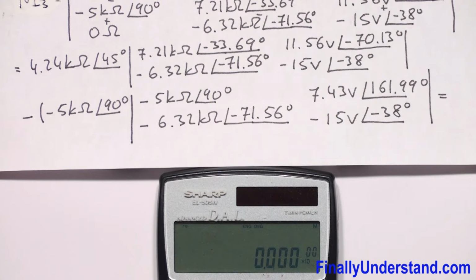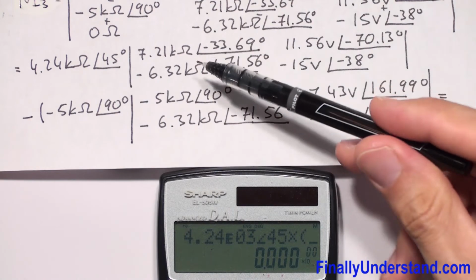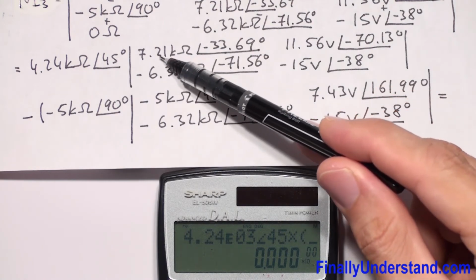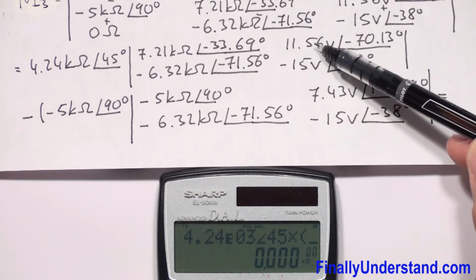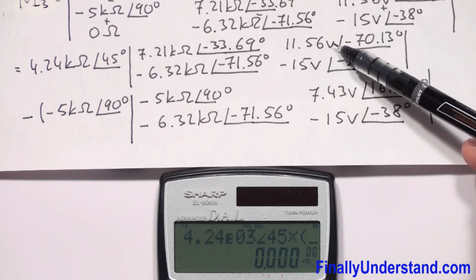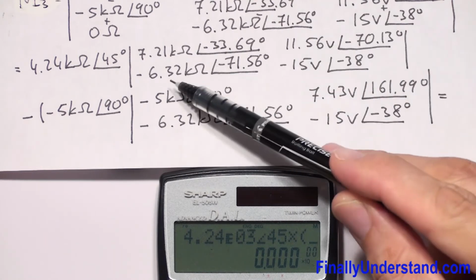So I have 4.24 exponent 3 and angle of 45 degrees times open parenthesis, and I have to multiply 7.21 kilo with angle times negative 15, minus 11.56 volts with angle times negative